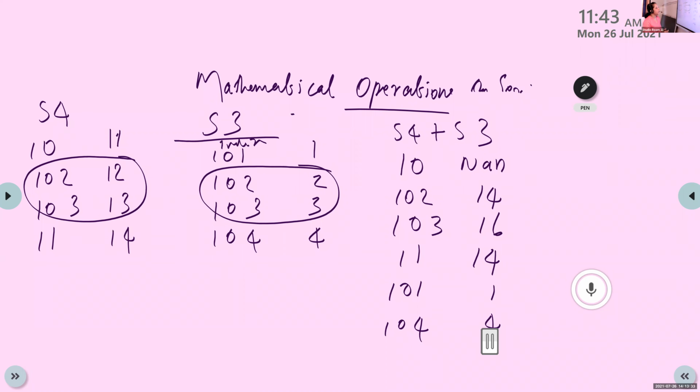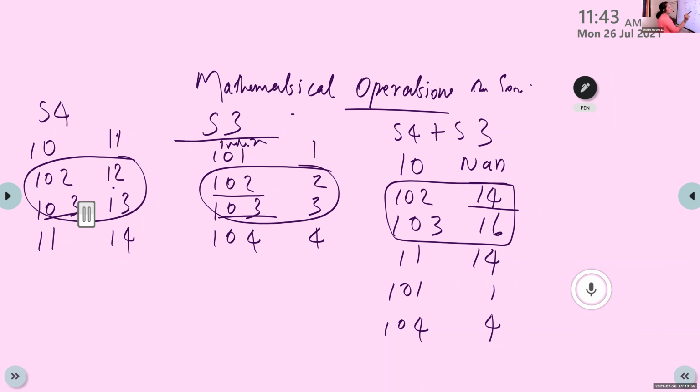S4 plus S3. Here, if there are any common indexes for S3 and S4, it will perform the operation. Okay. Here, 102 is there in S4, and 102 is there in S3 also, so 12 plus 2 is performed. The result is 14. In the case of 103 also, the result is 13 plus 3, it is 16.